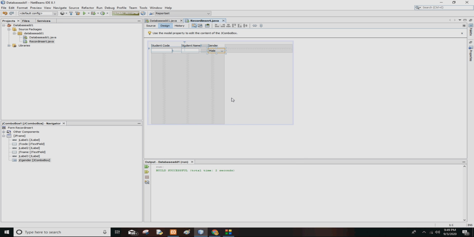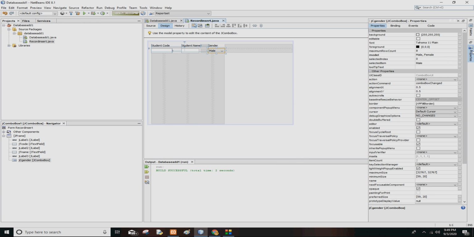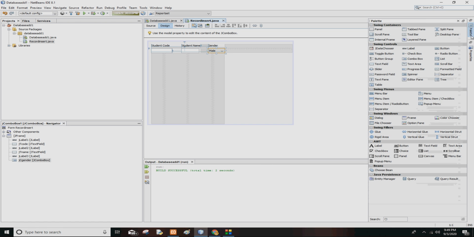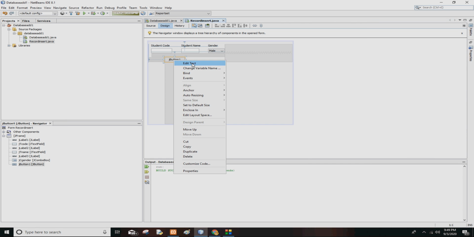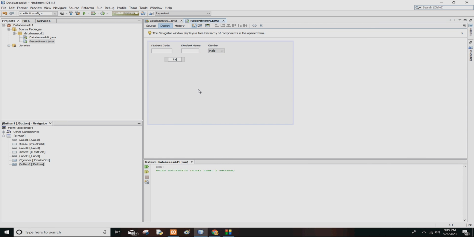After doing that I will close that, and at the same time I will take one more thing called button. So I am going to write on this button here. I will give the name as save database. So this is a button. I can give a name to this variable. So this is called JButton. I am writing it here, save.